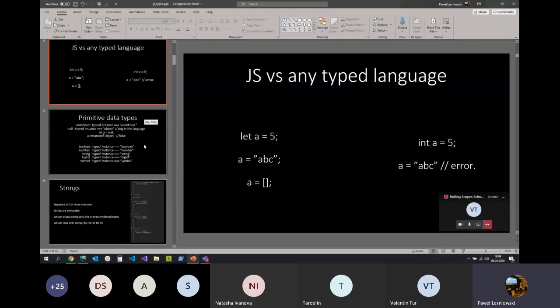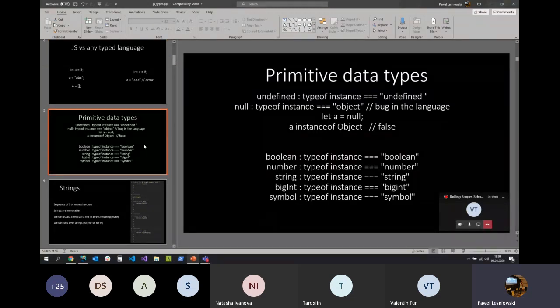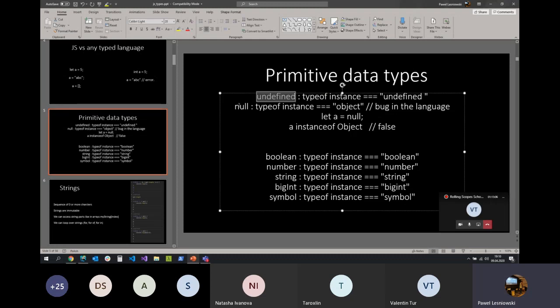And now we can go to the types in JavaScript. As I said, they are dynamically assigned to variables. So we have primitive types, and they are like undefined. Null is a type, but one thing which we need to mention is that null actually is a bug in the language,